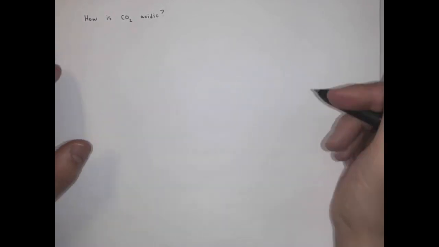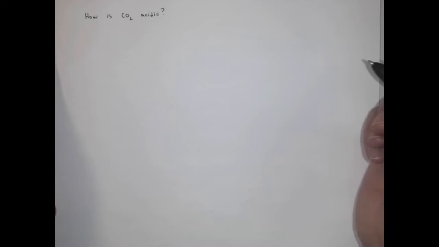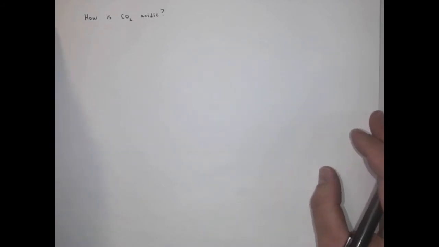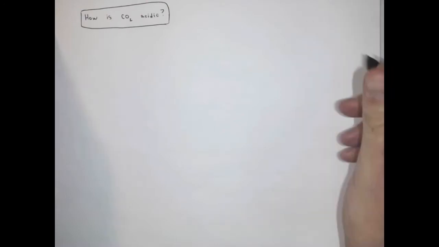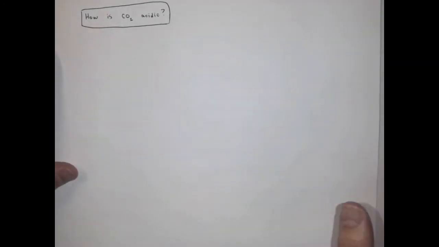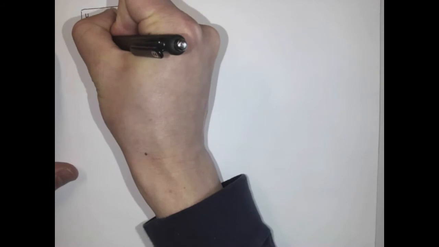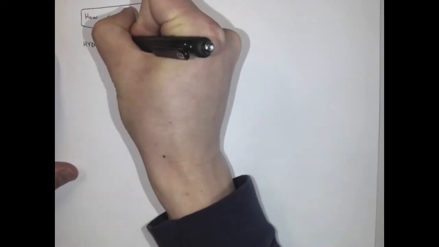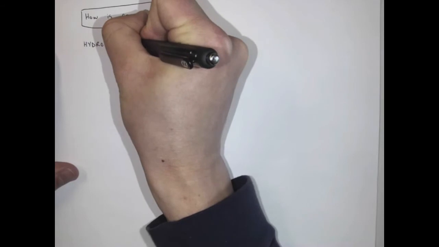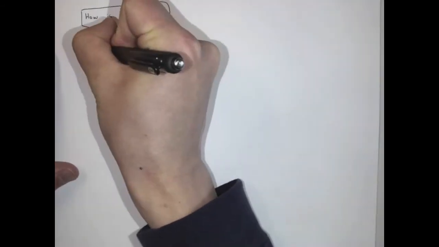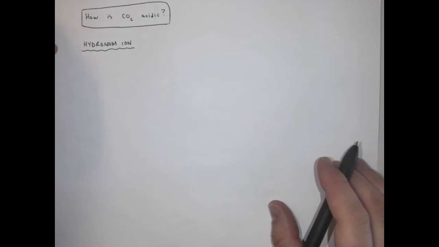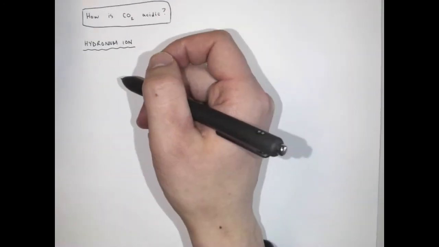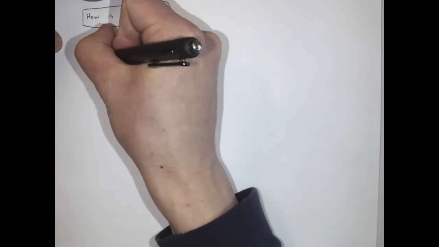And in the last video, we defined an Arrhenius acid as an acid that has hydrogen in its formula and dissociates to form hydrogen ions. To understand how CO2 is acidic, we need to understand something that was discovered in the early 20th century. And this discovery was the hydronium ion. The hydronium ion is the result